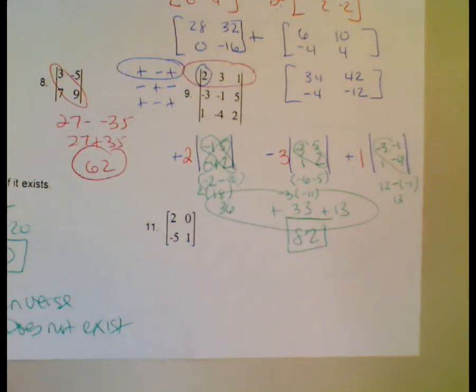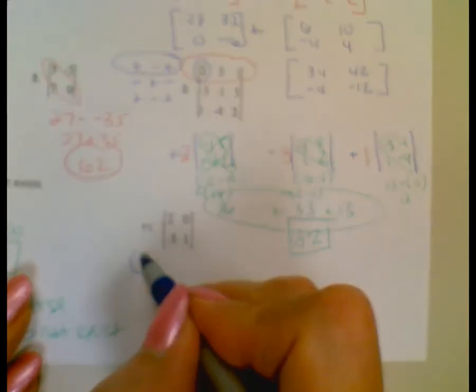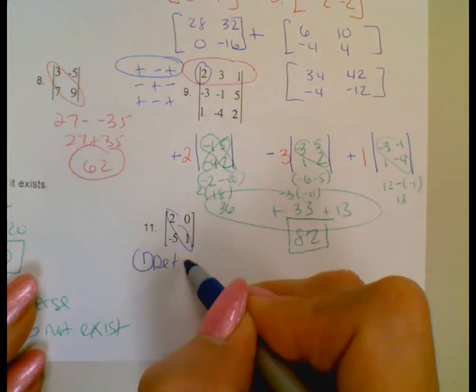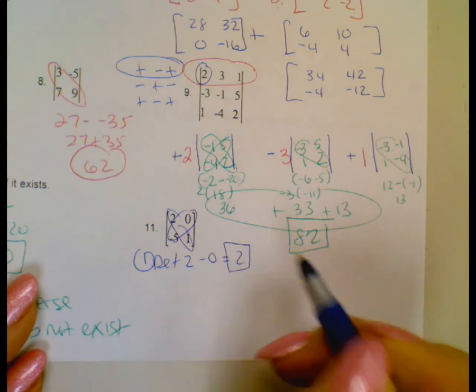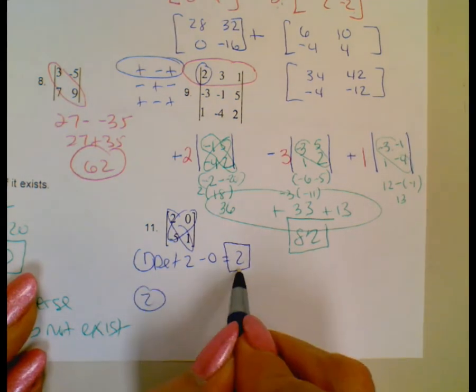So let's do the next one. First thing we're going to do is find the determinant. The determinant is 2 minus 0, which is 2. That's the determinant. Now for the inverse, you take the reciprocal of this,